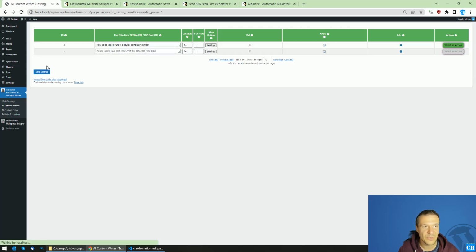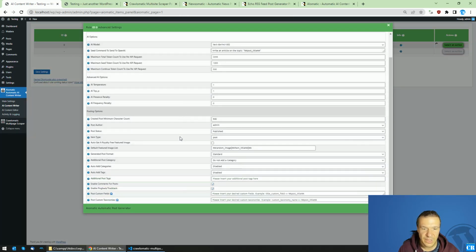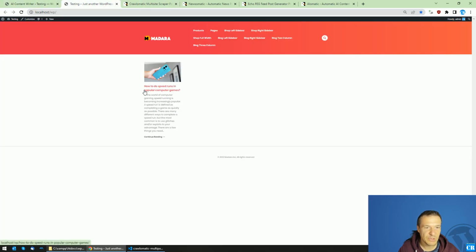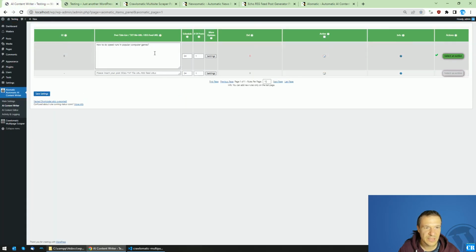Okay, so now let's run this. Let's check our site, it's empty, and let's simply run importing. So now we will get the default featured image list. This means that the plugin will get an image from Google image search. So let's check, because the rule finished, and if we refresh this site, how to do speedruns in popular computer games, and yeah, this image is not the best that we could say is representative, but